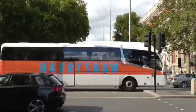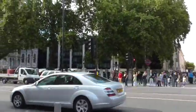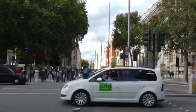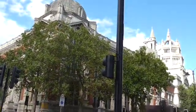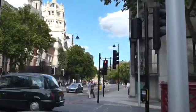I'm standing on Exhibition Road here, looking across Cromwell Road. To my left is the Natural History Museum, which we've seen already. And if you continue along Exhibition Road here, you come to the Science Museum. To my right, the building there, is the Victoria and Albert Museum. And if you continue straight in front, you come onto the Brompton Road, which takes you all the way up